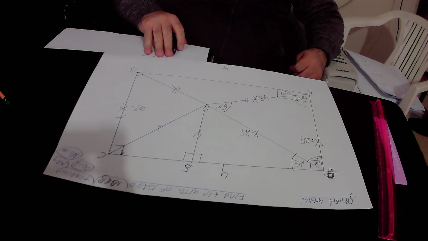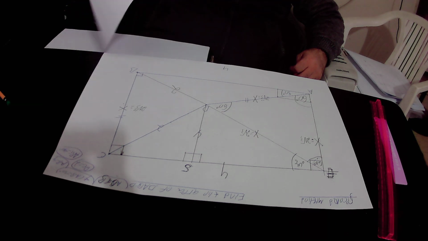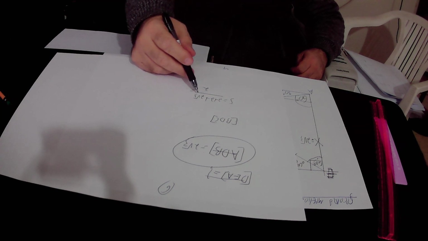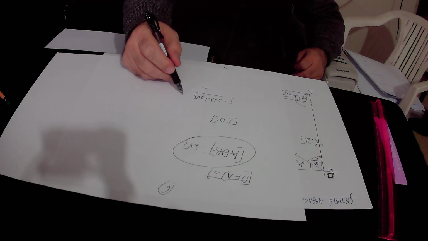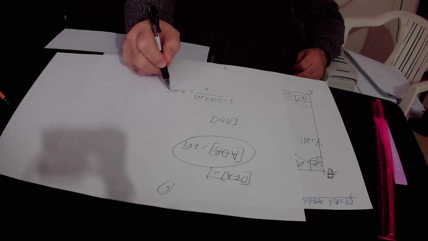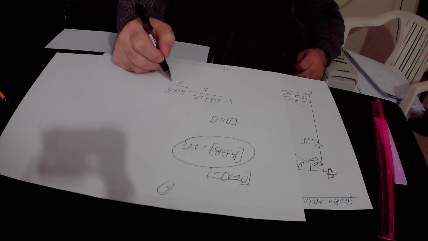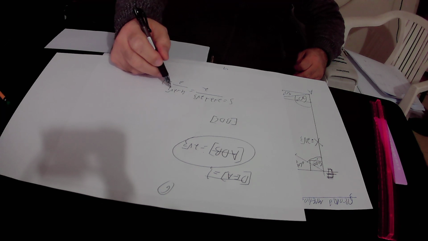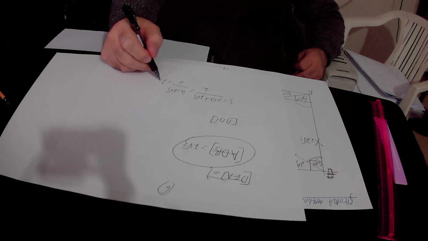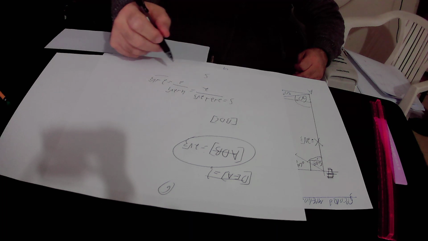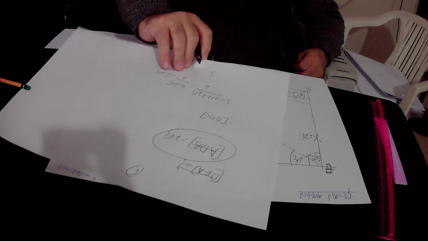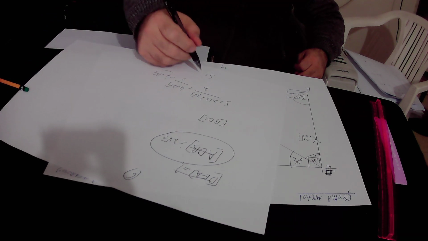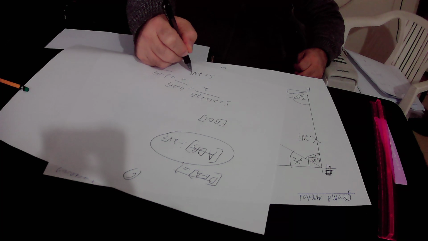So S, that is the abbreviation for the semi-perimeter, will be equal to 2 plus 2 plus 2 times square root of 3 over 2. 2 plus 2 is 4. 4 plus 2 times square root of 3 over 2 equals 4 over 2 is 2, and 2 times square root of 3 over 2 is square root of 3. So we found out that the semi-perimeter of triangle BDC equals 2 plus square root of 3 units,